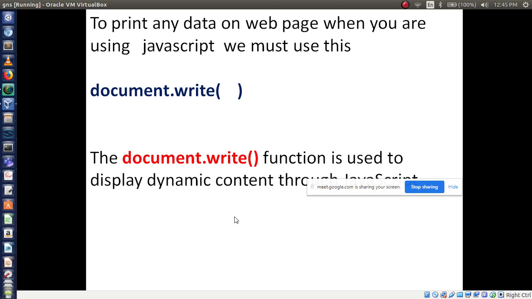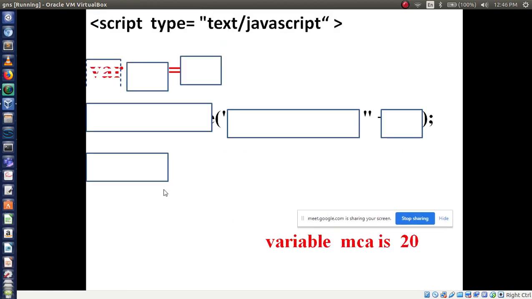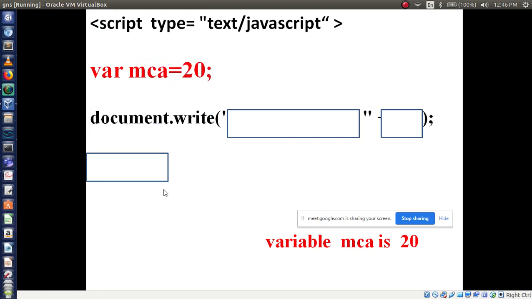To print any message, we use document.write, then inside the brackets use double quotes.